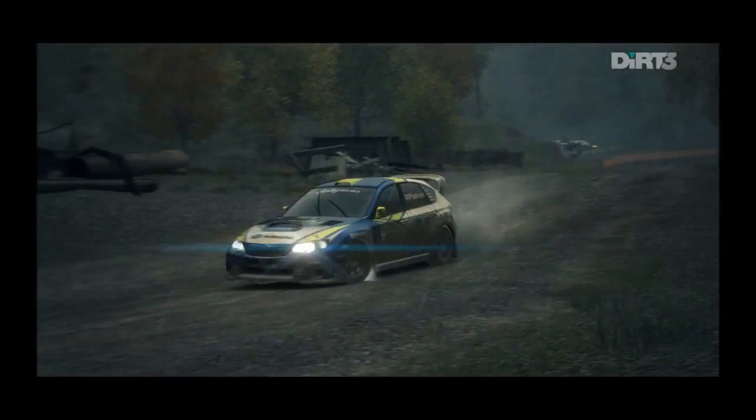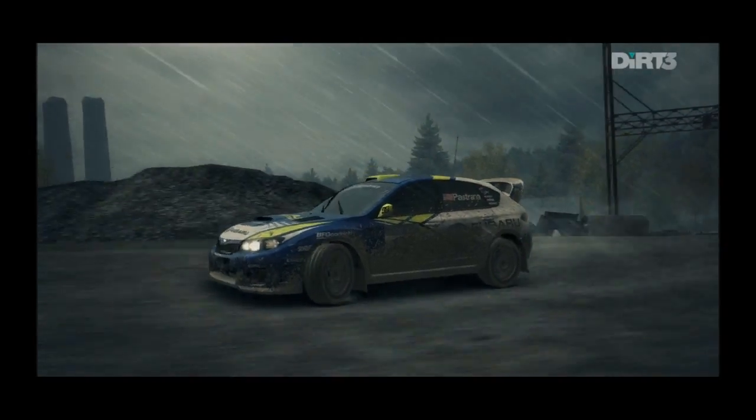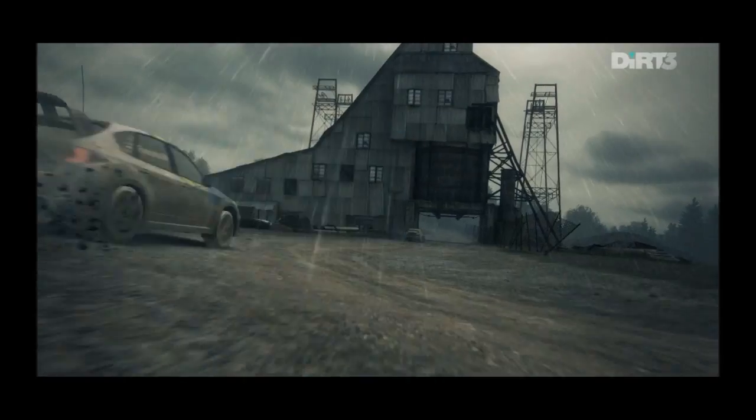Oh, and I've got to thank Travis Pastrana for letting me borrow his car. Hopefully I didn't wreck it too much. I try to be very careful, as you can see. It's quite difficult